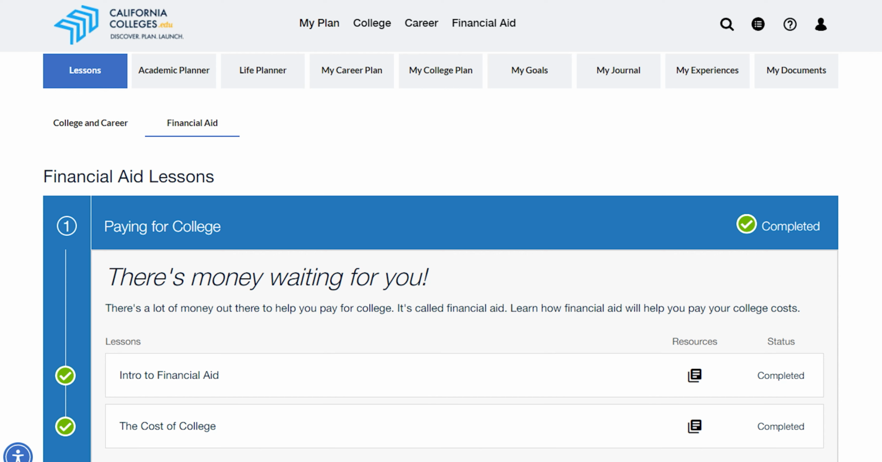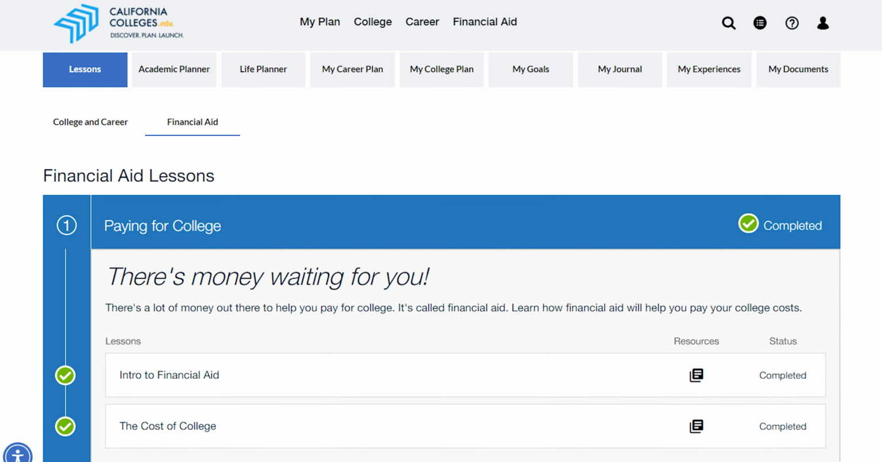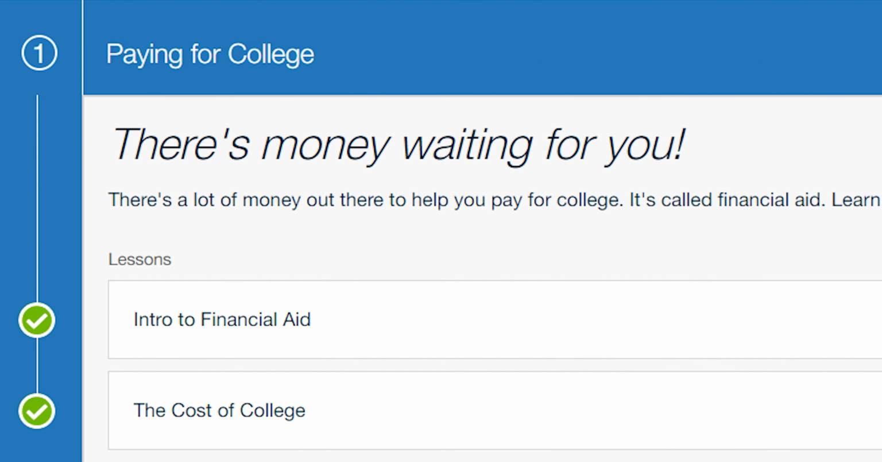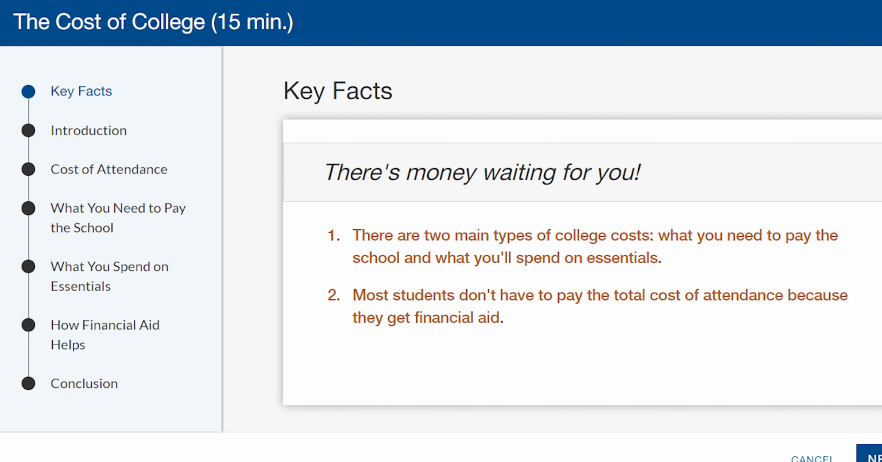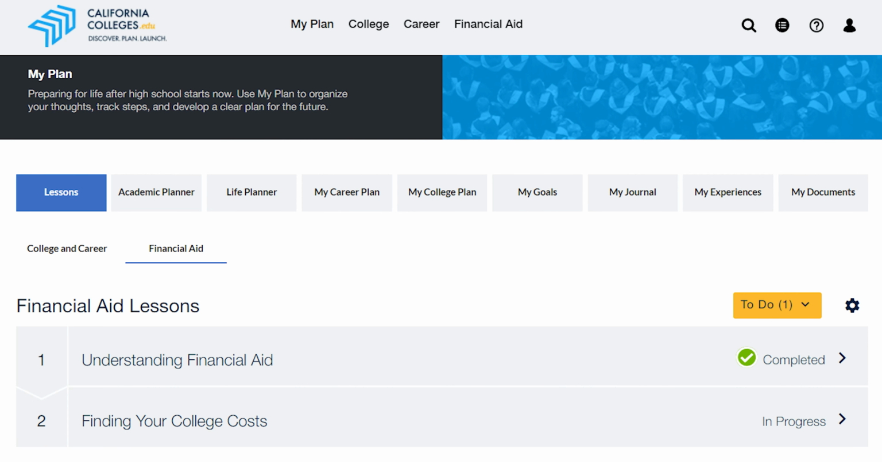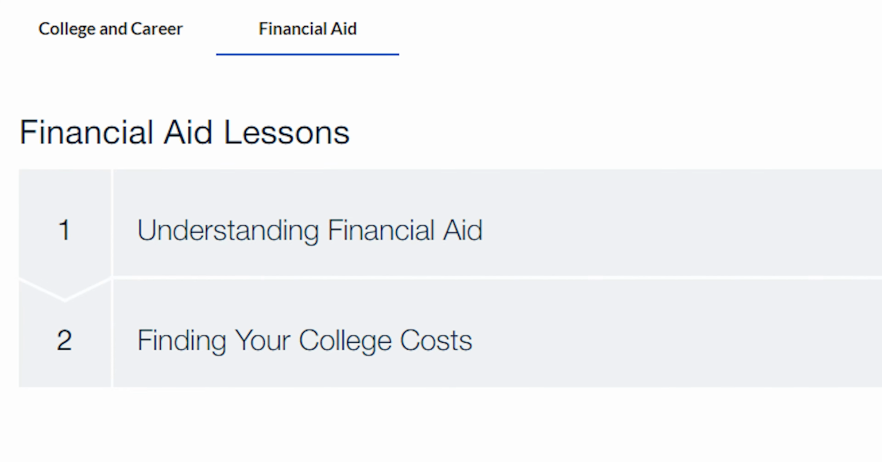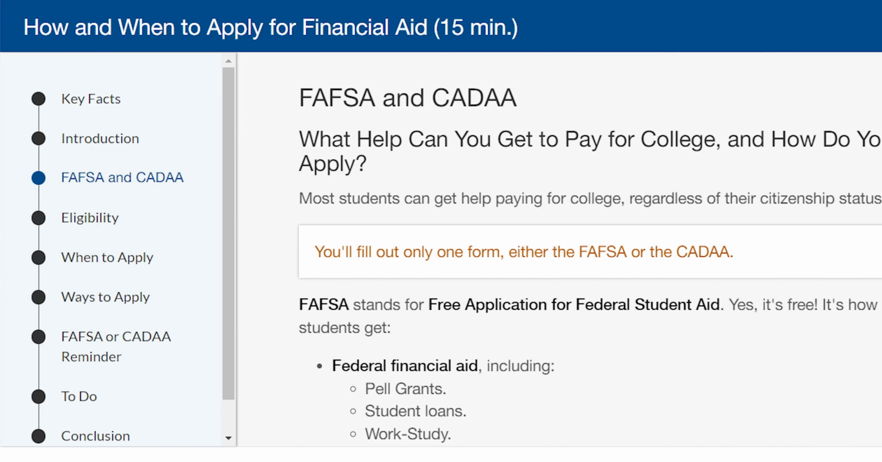6th through 10th grade students can access introductory financial aid lessons which cover the foundational financial aid topics, including the different types of aid available, how to qualify for free aid, and how to determine the costs of attending college. The 11th grade lessons support students in determining which financial aid application is appropriate for them to submit and